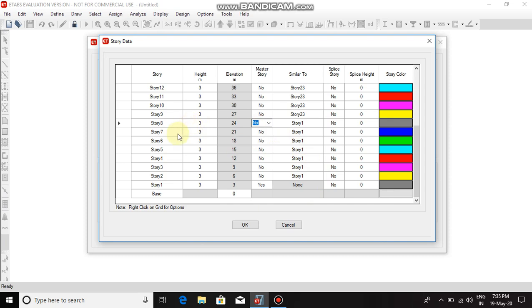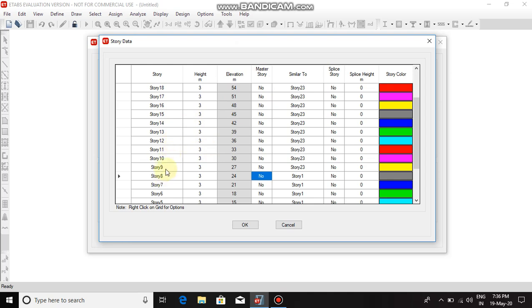Please note here story 1 is set as master story, but you can also select any other story from 1 to 8 for that and set the other stories as similar to that master story. Here, as I have taken story 1 as the master story, you can take any one story from 1 to 8 as the master story and set the others similar to that particular story.